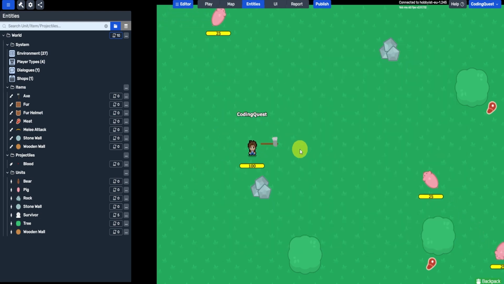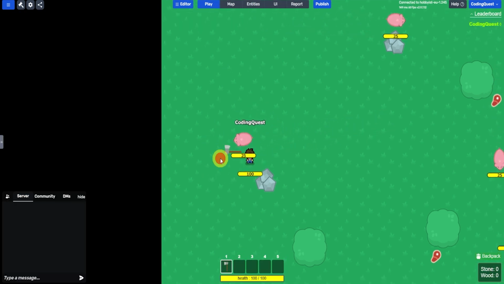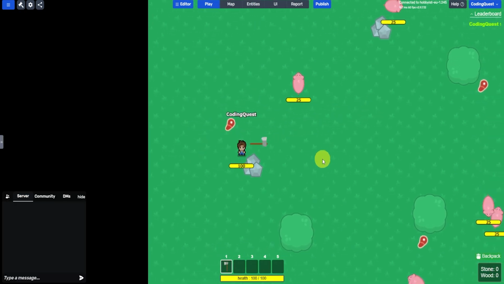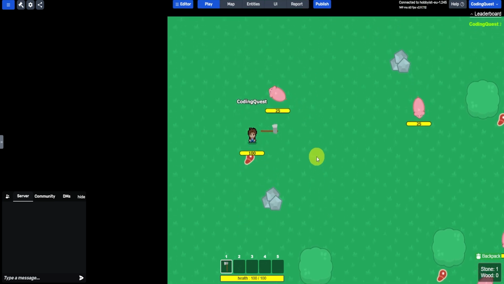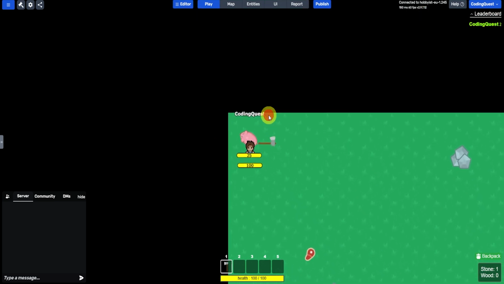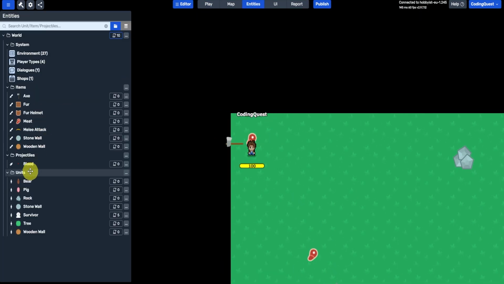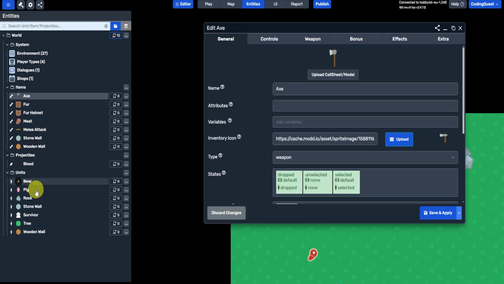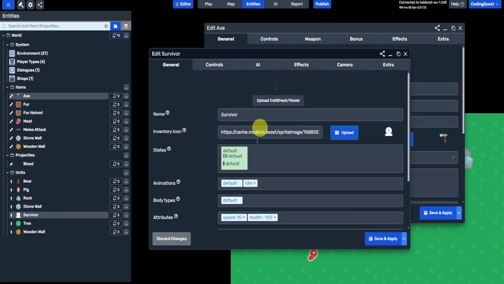There we go. Now you can see that the weapon is changing left and right when I move my cursor. And it still does kind of work. It's just not exactly what I might want, but I'll let you guys adjust it to your game. And I do just encourage you to play around with some of the settings inside of the axe or inside of the player survivor. Kind of get what you want depending on what you have,